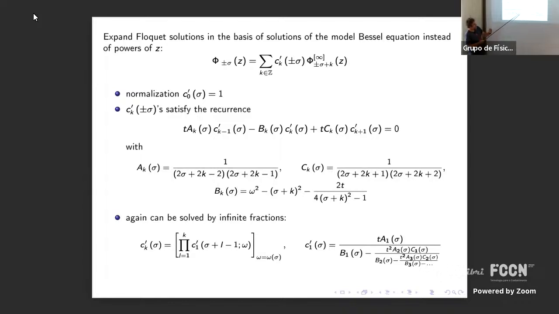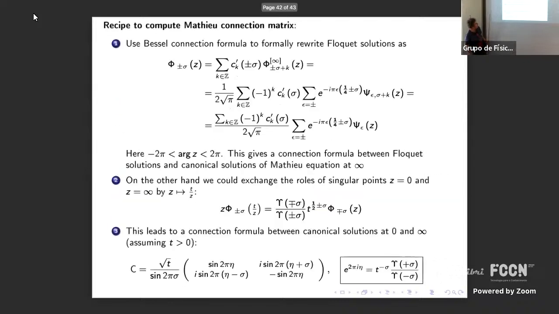So once again, what I'm doing is almost completely elementary manipulation. The only formal point is that I am writing series in Bessel functions instead of writing series in powers of Z. So it is maybe somehow tricky to look for convergence of this thing. Now, how do we obtain the connection formula? So the idea is this. We have this expansion in terms of Bessels, but we have a connection formula for Bessel. So we can replace